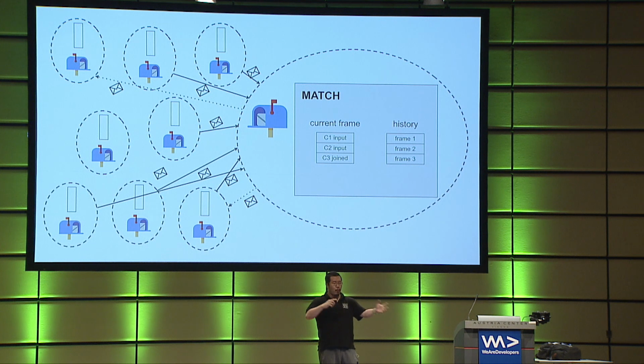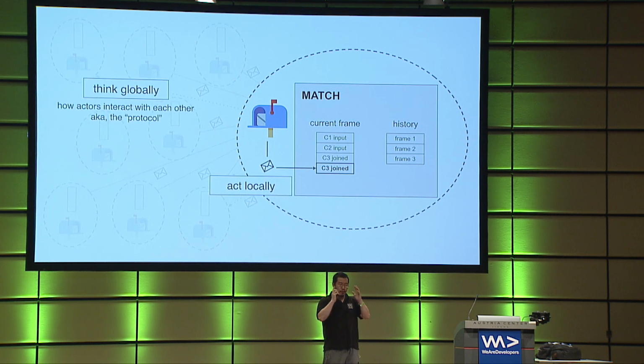So even when you have all these concurrent things happening at the same time, when you're working on the code, the nice thing about this approach is that you can just focus on what happens inside that match. What's my current state? What message have I just received? And what should I do given the current state and the message I have received so far, right now? You don't have to worry about everything else that's happening concurrently on a server. You don't have to worry about using mutex and other concurrency control mechanisms to make sure the state is being updated in a thread-safe way. You still have to think about how the different actors interact, but that's what you do at a sort of